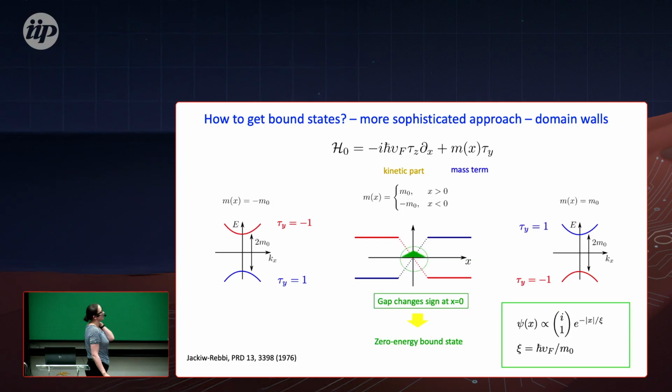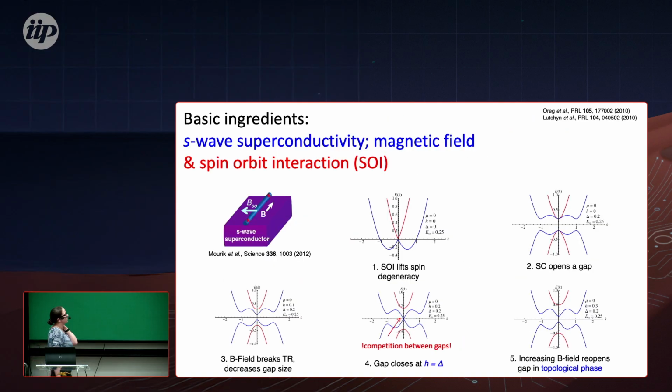And afterwards in condensed matter, of course, we don't have such a simple spectrum, we have a more complicated one, we can generalize it. But the idea here is that we try to generate domain walls and pin the bound states inside this domain wall. And what is important when we call these bound states topological is that they should be insensitive to disorder. Right, and one of the proposals which was put forward in topological quantum computing is basically bringing together ingredients which we usually know from semiconductors.